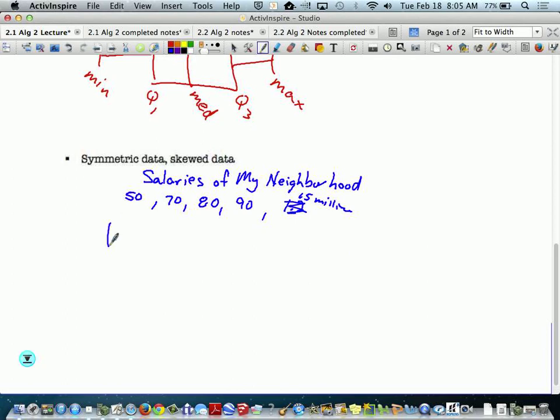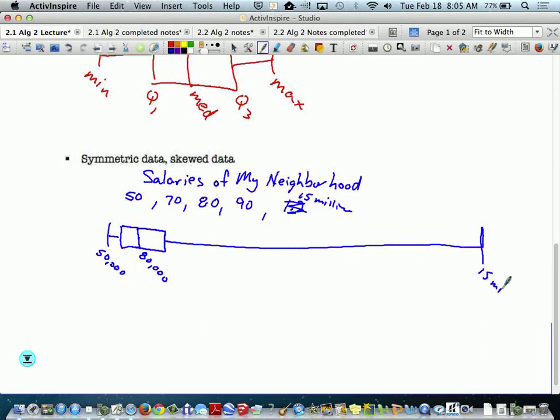So we're going to have a minimum and the median, right? 50,000 is the minimum. What's the median? The median is at 80,000. But then all of a sudden, the IQR would be about right there. But then we have this, right? So when you see this,